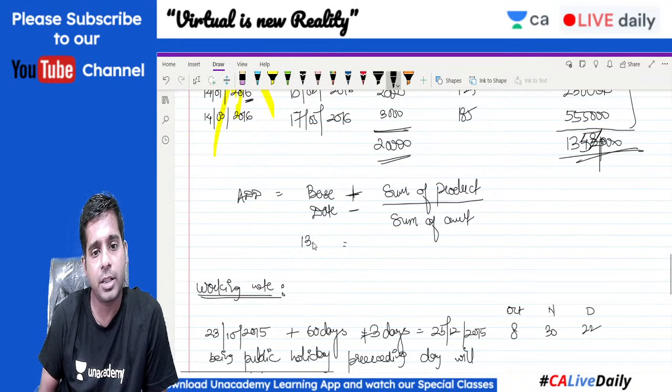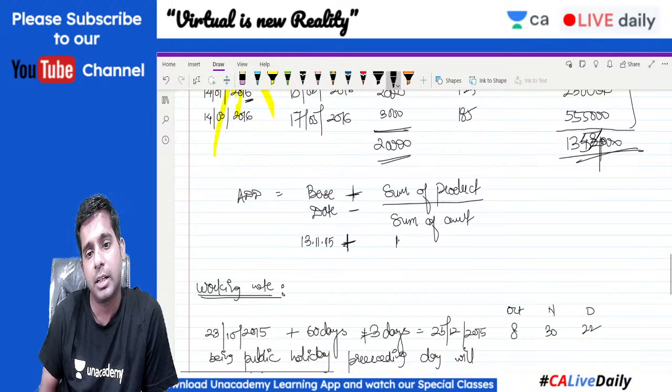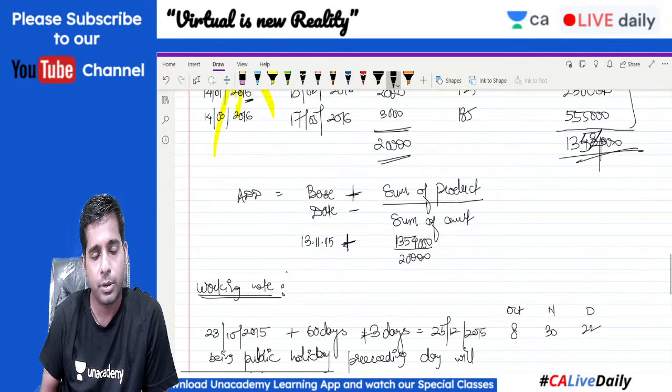base date was 13th November 2015 plus, since the entire total is positive, we will use plus. 13,54,000 divided by 20,000 is equal to